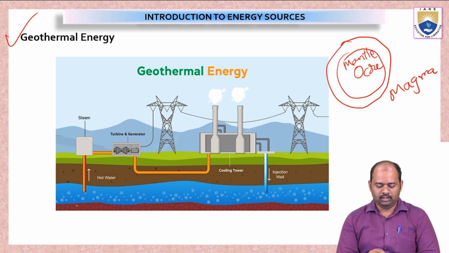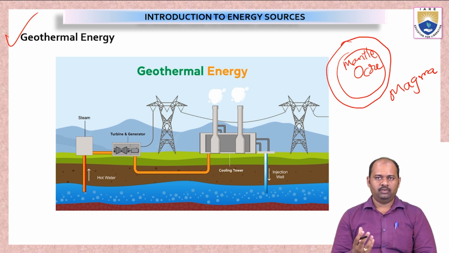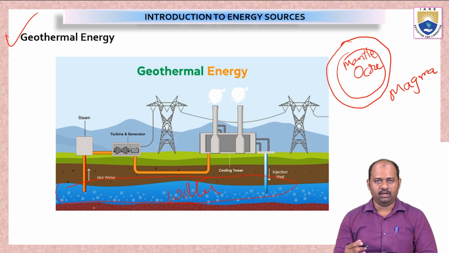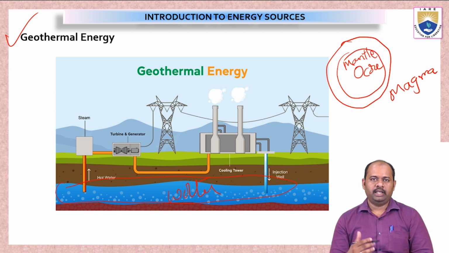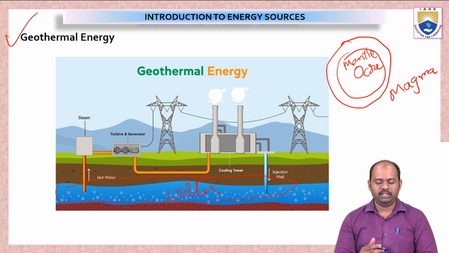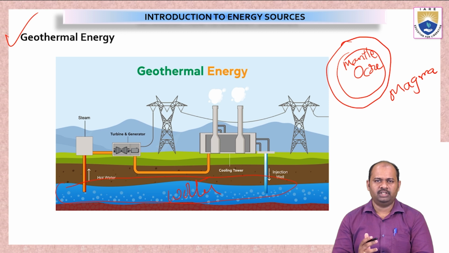See here, the geothermal heat, or the heat inside the earth, comes in contact with the water. Here water is there, so this is all water, where the inner surface of the earth is very hot. This water gets heated and is converted into some kind of steam. This steam is used to run the generator or the turbine, very similar to a thermal power plant, where we use coal to produce energy,